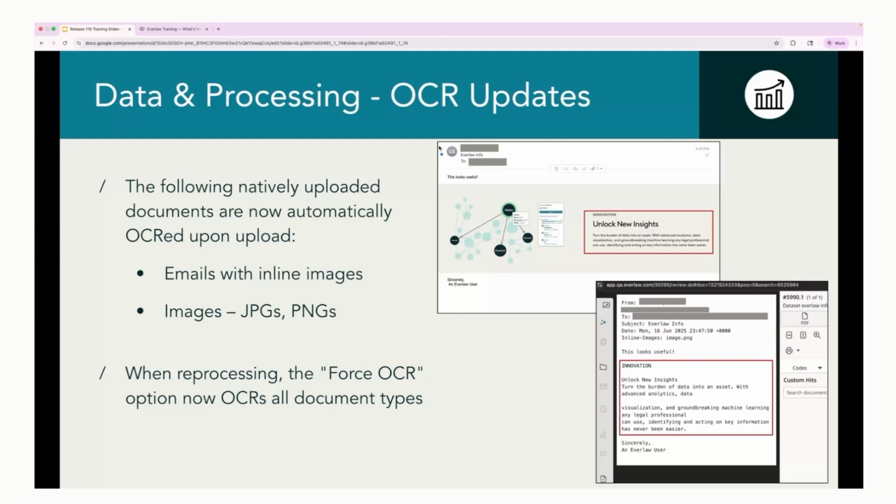Prior to this release, OCR has been automatically run upon native upload for TIFFs, PDFs without embedded text, and PDF pages with fewer than 50 embedded non-white space characters. That functionality is not changing. What we are doing is just adding to it, so that we now also automatically OCR upon upload: